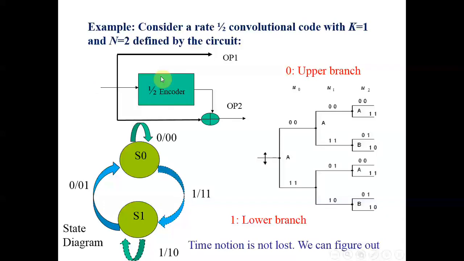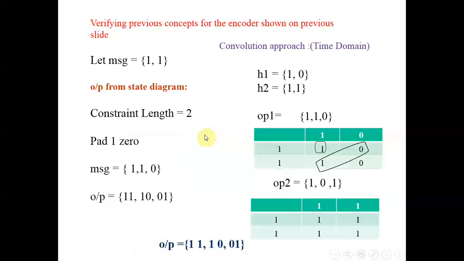In this particular encoder, what is the constraint length? What is constraint length? Number of times your input bit affects the output. So in this case, the input bit is affecting the output 2 times. So my constraint length is 2. So 2 minus 1, how many zeros will I pad? I will pad 1 zero. What was the reason? I have explained the reason in the first video. Just go and refer to the first video. So now what is my modified message? My modified message is 1 1, which is the original message, and 1 0, which is padded here.